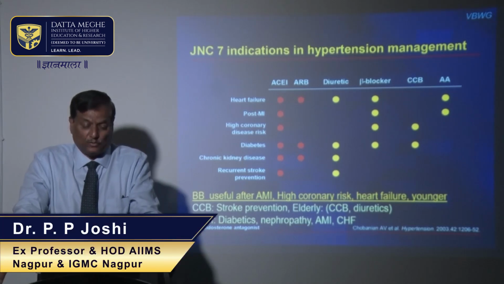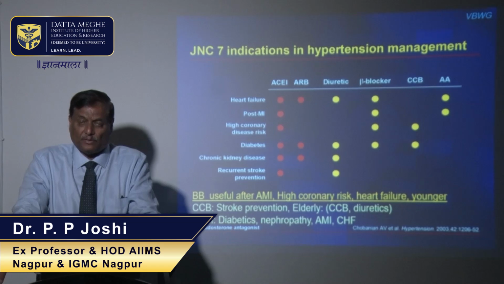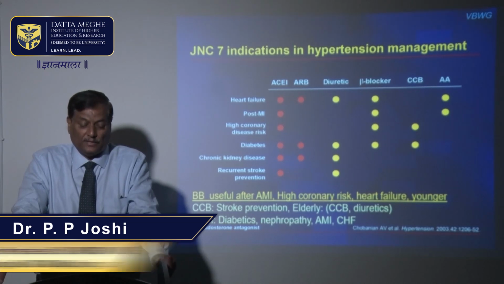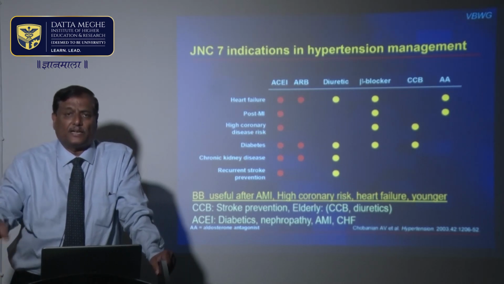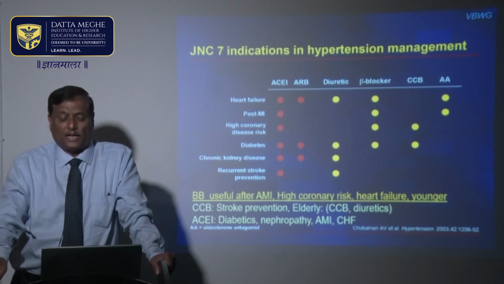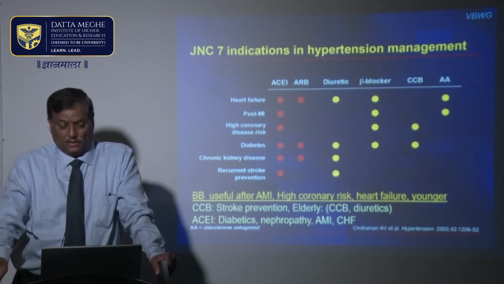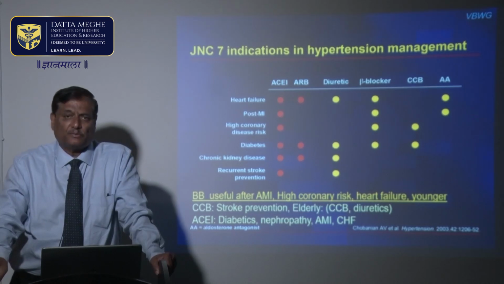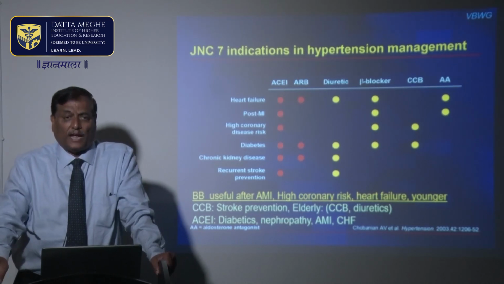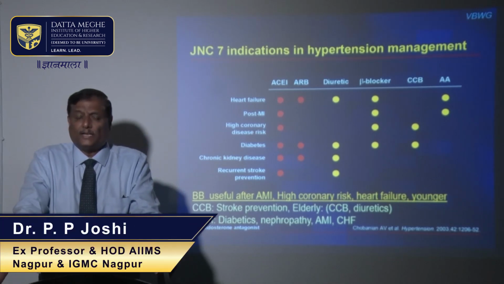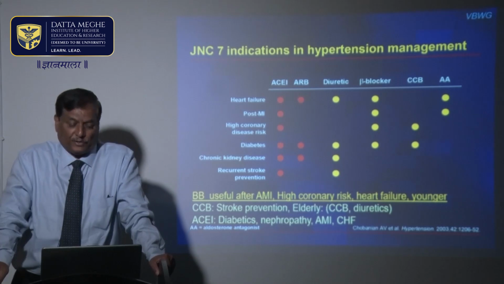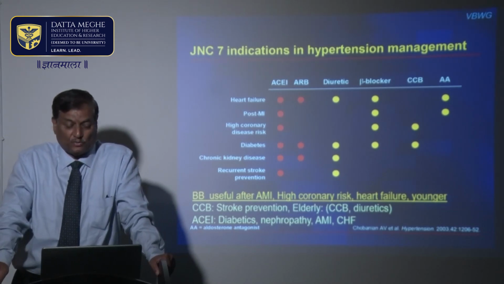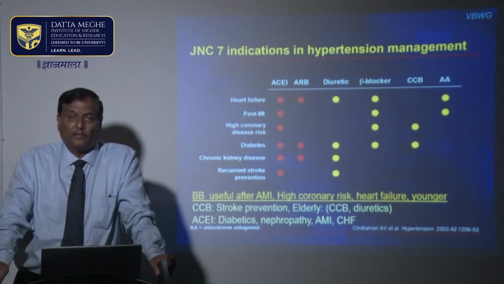Beta blockers, for example, are used in the treatment of heart attacks, after coronary events, and in patients with heart failure, and especially in younger patients where there is a lot of hypersympathetic activity, the heart rate is increased, and sympathetic activity is high. When the pulse rate is high, beta blockers would be useful. Calcium channel blockers are particularly useful in elderly people. They bring down the blood pressure rapidly. In the elderly, calcium channel blockers along with diuretics work very nicely in bringing down the blood pressure. ACE inhibitors work better in patients who are diabetic, who have nephropathy especially, and patients who have had a heart attack or